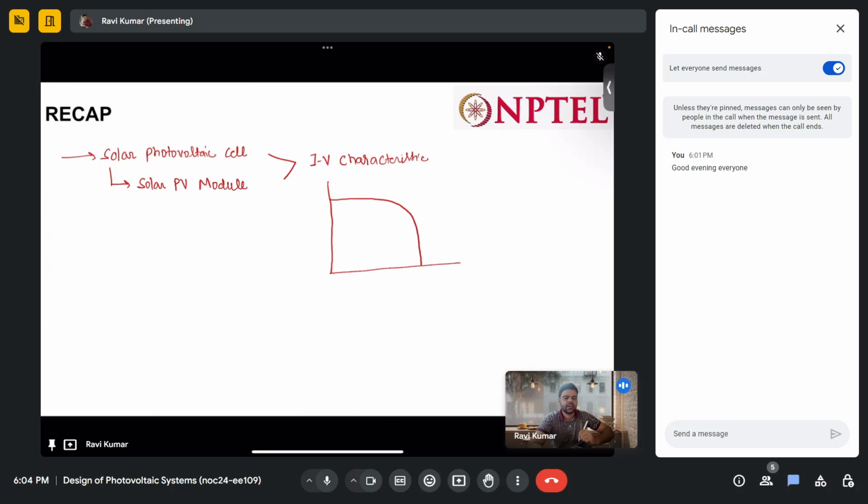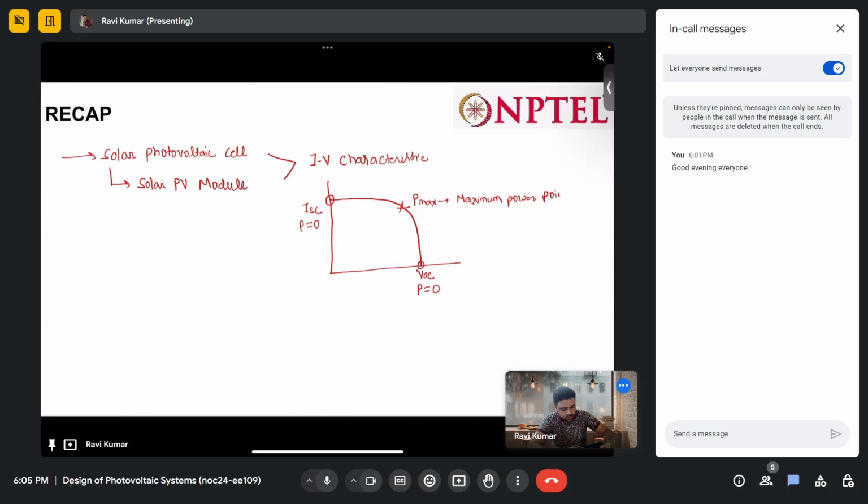On this IV characteristics, we know this is our ISC, this is our VOC, and here power is 0, power here is also 0. In between there is a point like here at which power is maximum, and this is known as